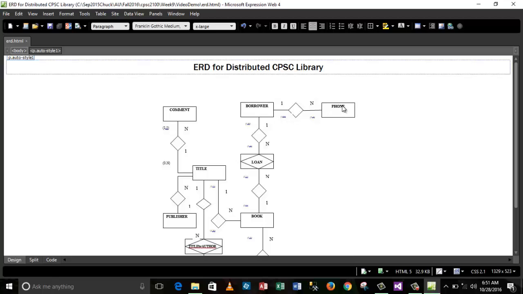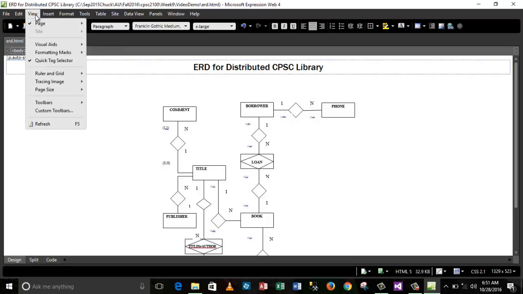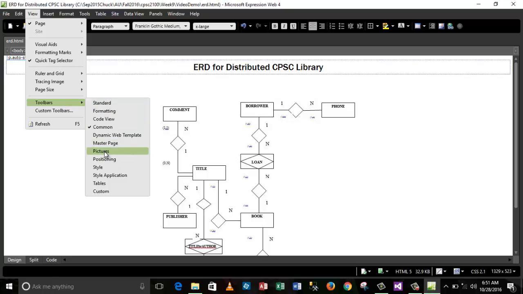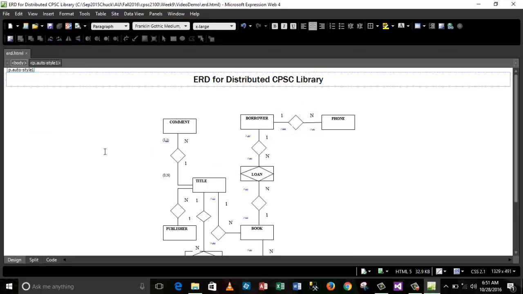and I'm going to create a hotspot on this area of the picture. And to do that, I have to make sure that the picture drawing tools are available. I think that's the toolbar that I want to use, so I don't see them. I go to the View option and choose Toolbars, and there is a Pictures toolbar. Go ahead and select it,